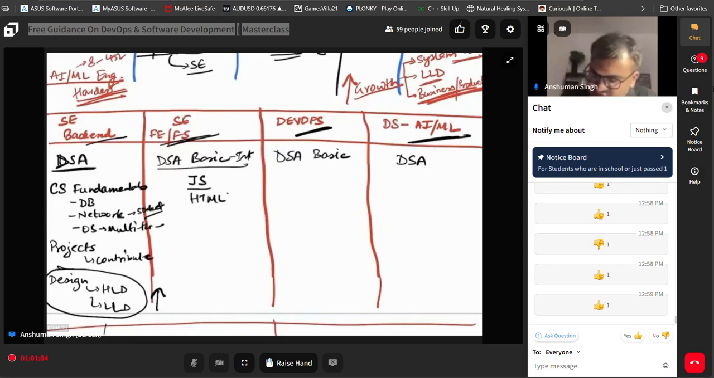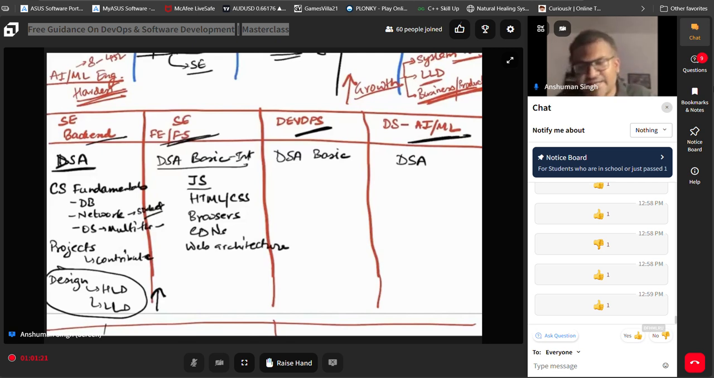Obviously, HTML, CSS, you need to be decent at. You need to understand how browsers work internally. You need to understand how CDNs work and when to leverage CDNs. In general, how does web architecture work? And then, I mean, you need to be able to do certain case studies, which are more or less like